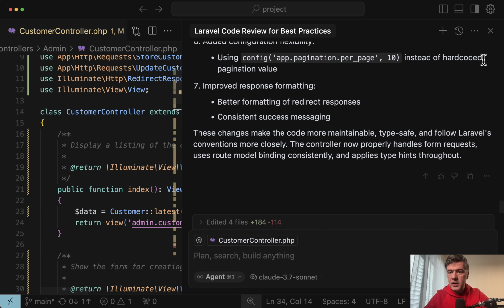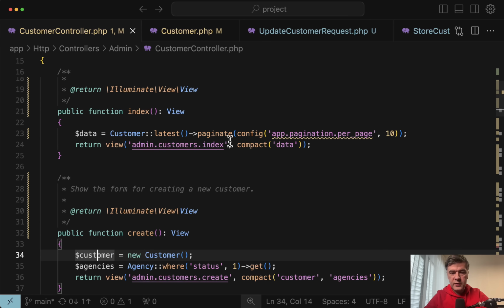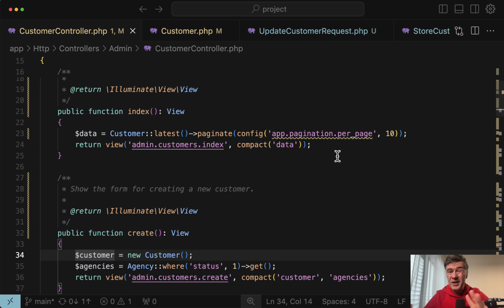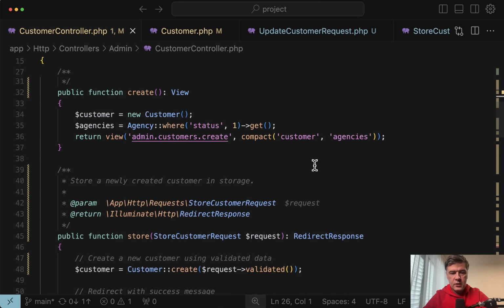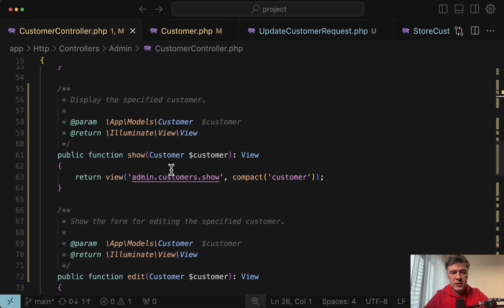Let's accept all and see how our controller looks now. So index with latest, and we don't have that value in the config. This is the Laravel extension of VS Code, which also works in Cursor. Sometimes it breaks for me, I don't know why, but in this case it works, so it will fall back to the default value. Then create, store, now we use form request, so this is much shorter,